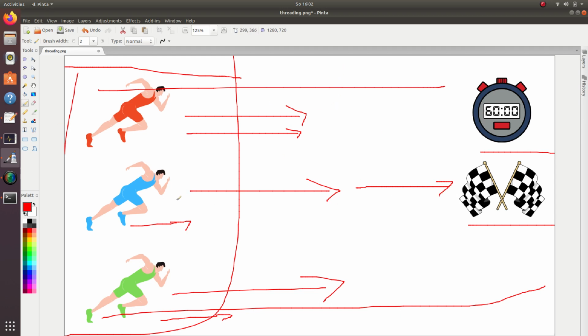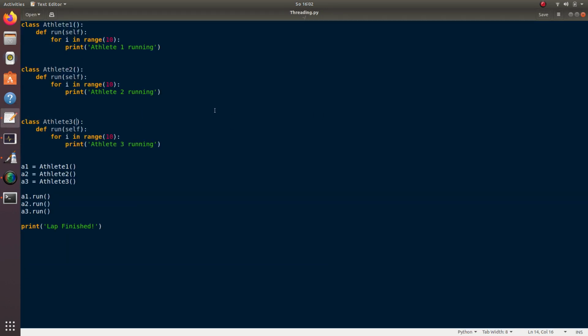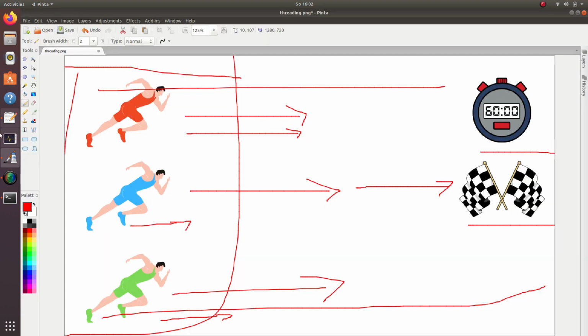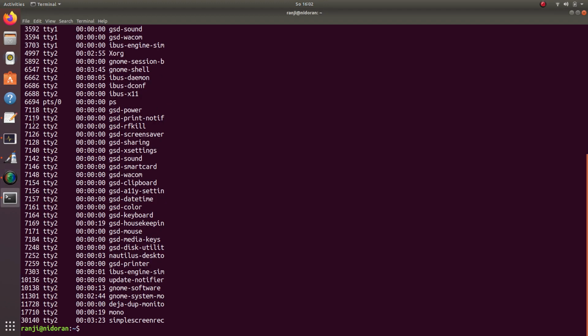Okay, so for this, I have a program. This program basically states that there are three athletes: athlete 1, athlete 2, athlete 3. Corresponding to the three athletes, I have three different classes.